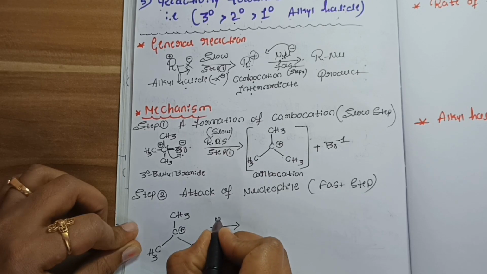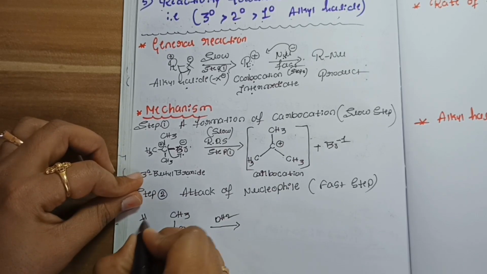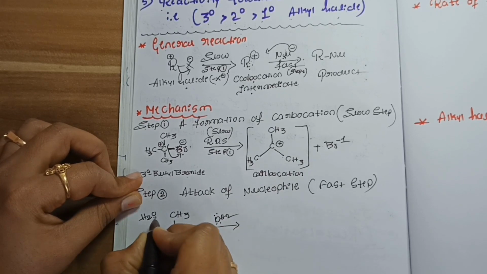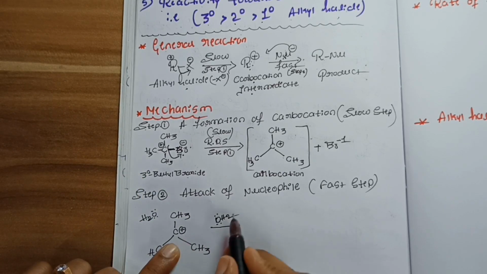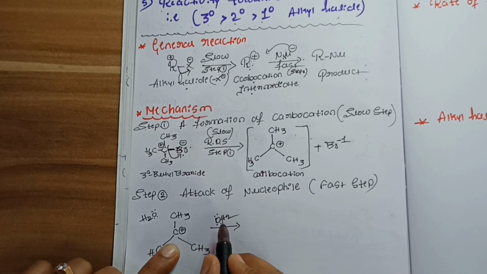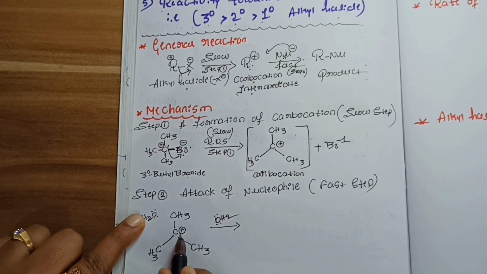Nucleophile, here I will take an H2O molecule. Now, this carbon containing positive charge is what we call an electrophile, and the oxygen in H2O has a lone pair of electrons. A lone pair of electrons indicates richness of electrons, and richness of electrons is what we call a nucleophile. It may act as a nucleophile. Here also, nucleophile, and this is electrophile, and the electrophile and nucleophile combine with each other.